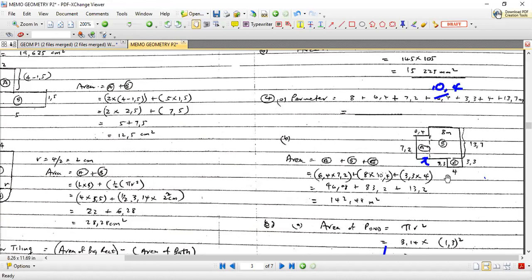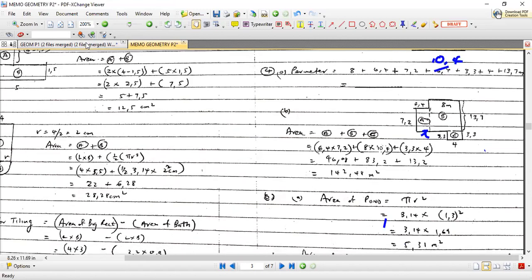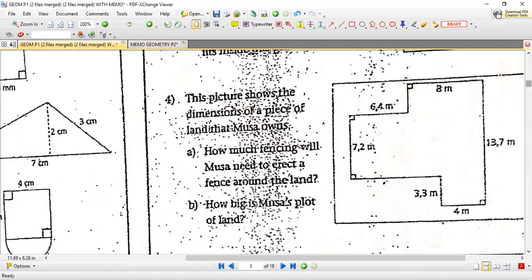So to calculate the area of this piece of land, as we did before, we divided it into smaller pieces, A, B, and C, and each one of them represents a rectangle, and then we calculated the area using length times breadth. Well, all the dimensions you had figured out from that figure that we were given. The last bit in our question paper is a figure